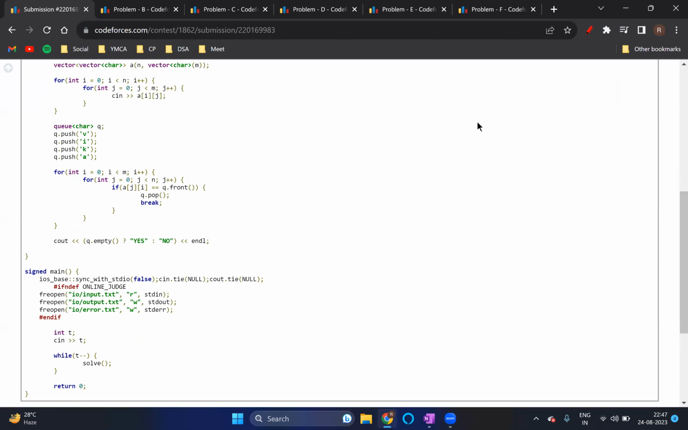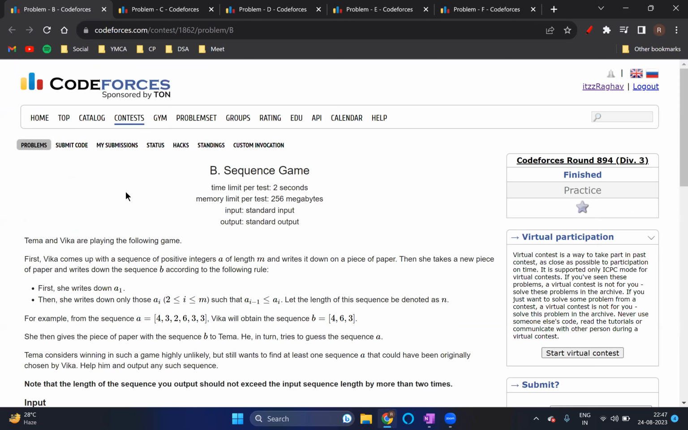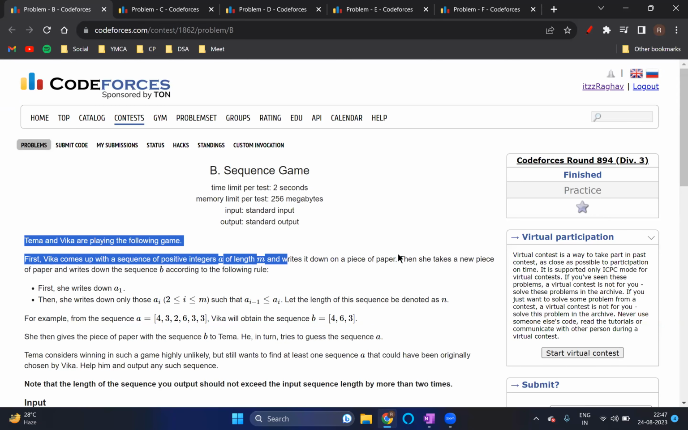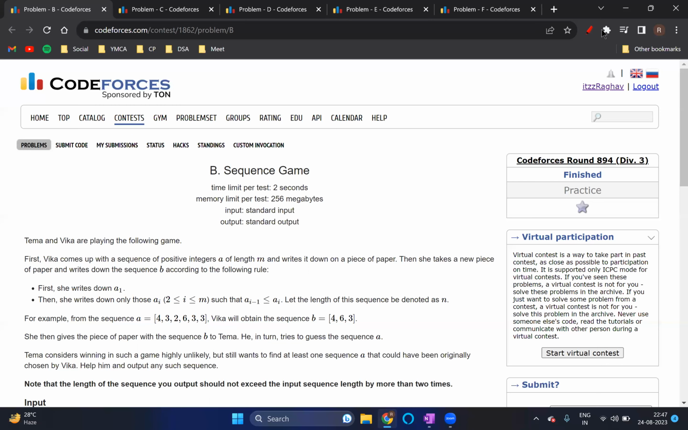So in the next problem, sequence game, it says that Tama and Vika are playing the following game. First, Vika comes up with a sequence of positive integers a of length m and writes it down on a piece of paper, and you can read this line. So the problem in a nutshell says that